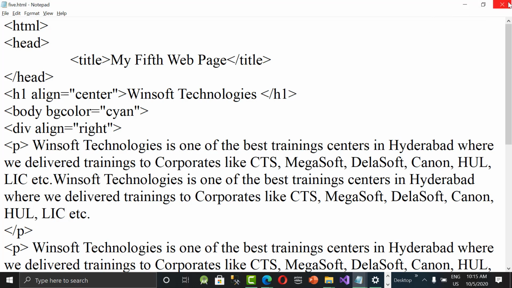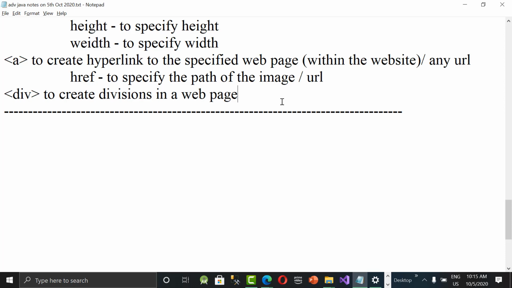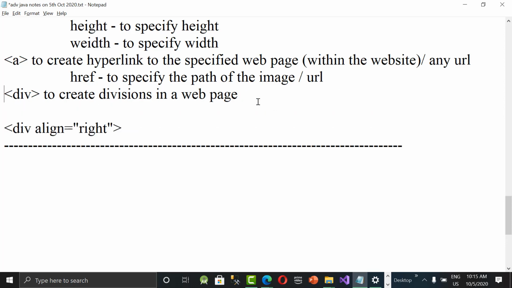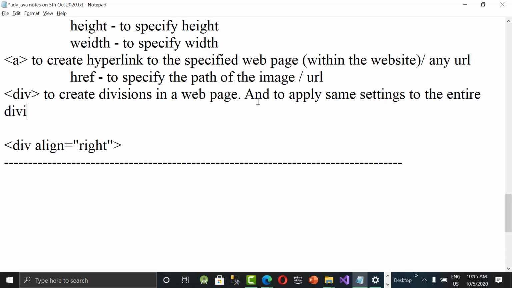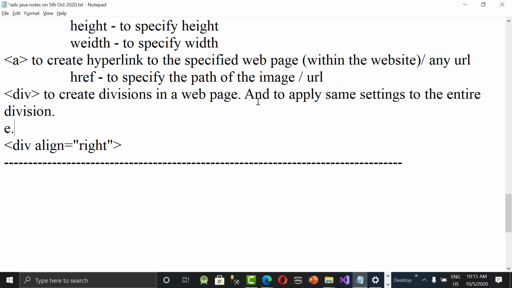So let us just copy, paste in our notes. Yeah, this is the example. And to apply same settings to the entire div. Example, div align equal to right and paragraph open close.